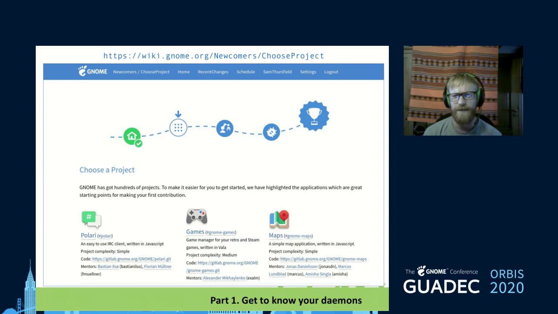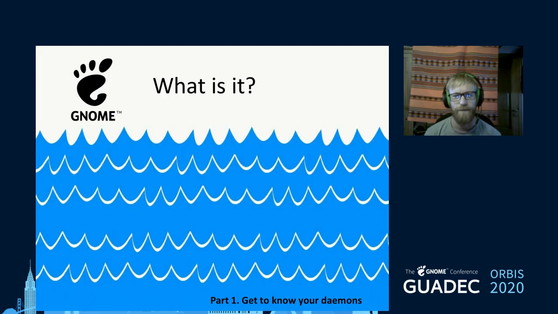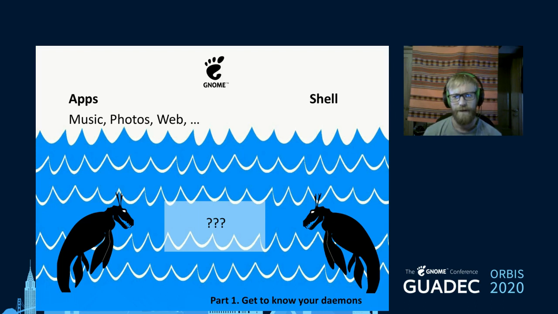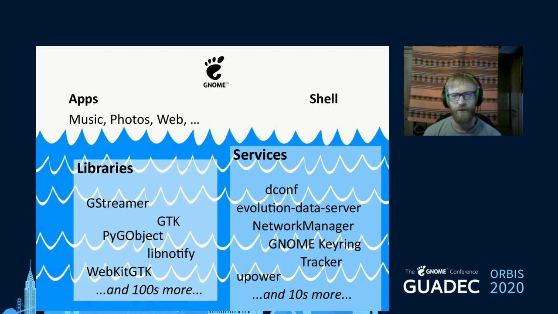But apps, is GNOME just apps? What is GNOME? GNOME is apps. It's a shell. So I drew this diagram. We have apps. We have the shell. But what's underneath? Sea monsters, a mystery. Well, the core, as we tend to call it, is mostly two things. We have libraries, things like GTK and GStreamer. Those are generally linked into the apps,